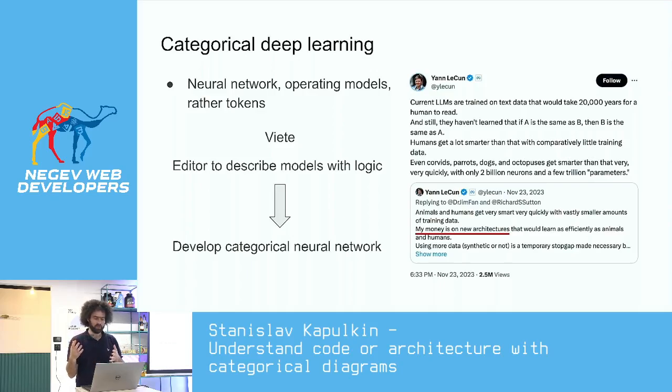There is a tweet of Yann LeCun where he is ready to put his money on new architectures. And so what we are thinking here in Viet is to transition from an editor, which allows describing models with logic, to developing a categorical network which operates with such models. And our editor will just be, I don't know, the source of datasets for such models. So this is our long-running goal